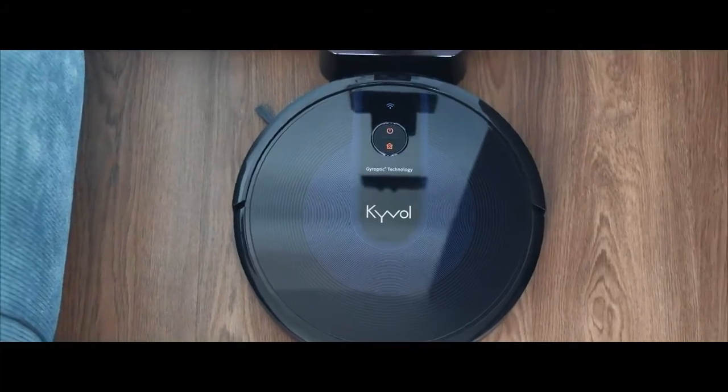150 minutes runtime and self-charging. With ultra-high 3200 mAh battery capacity, Cybervac E31 robotic